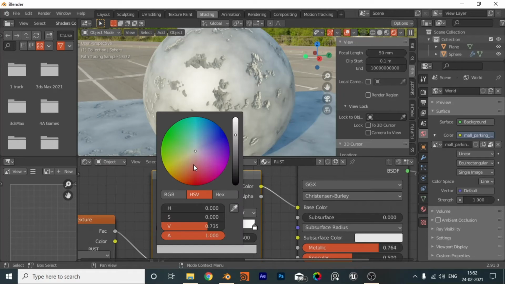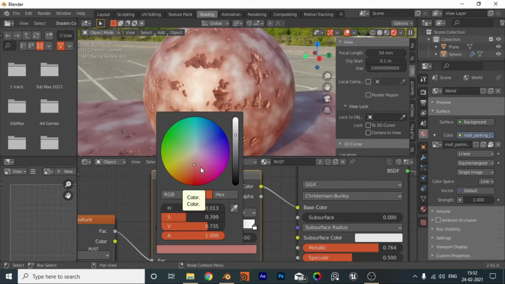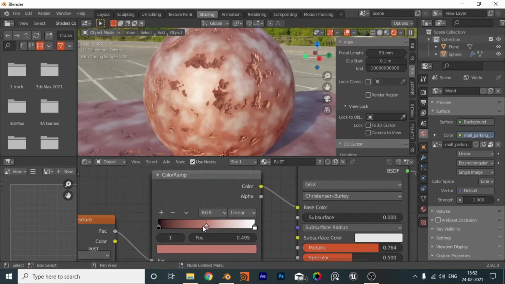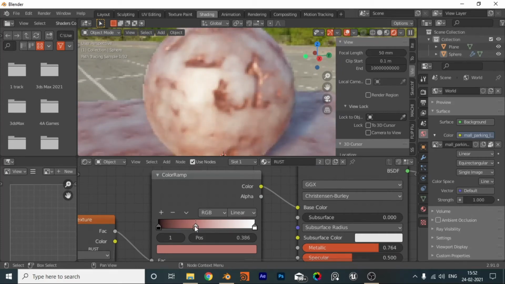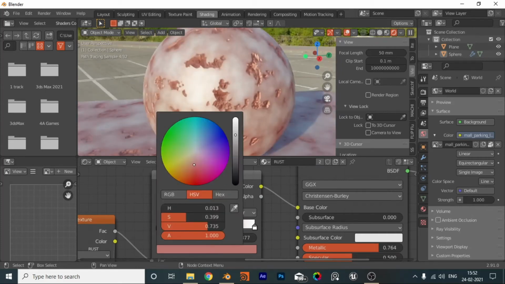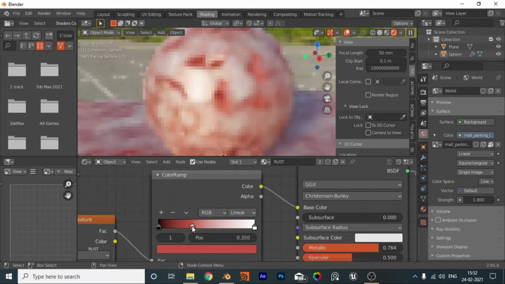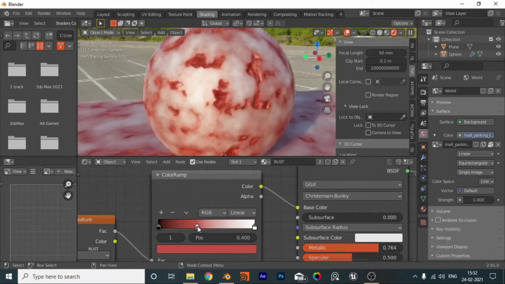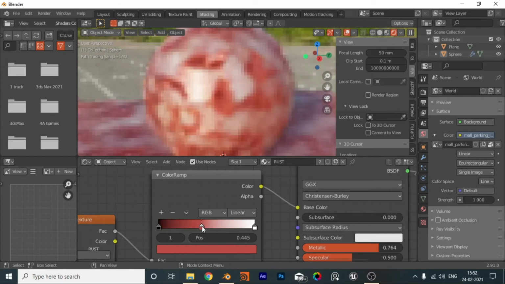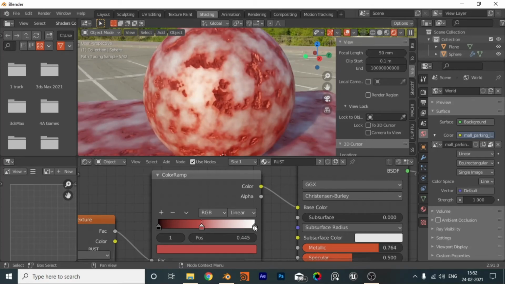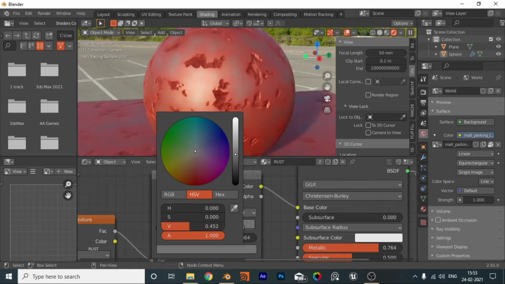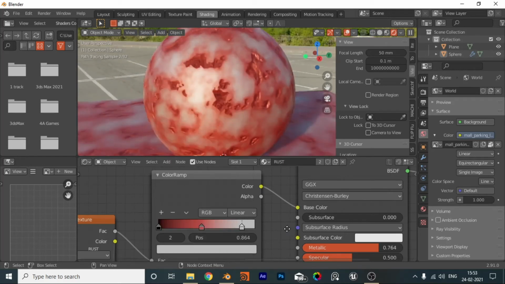We will make it red like this. Yes, put it near to this, and it will change. Let me just make it a little bit more red. Okay, so what I want is that look. So yes, it is getting that look, and white should be more white. So this is good. Actually I will make it a little bit silver, gray, because metal is like that.